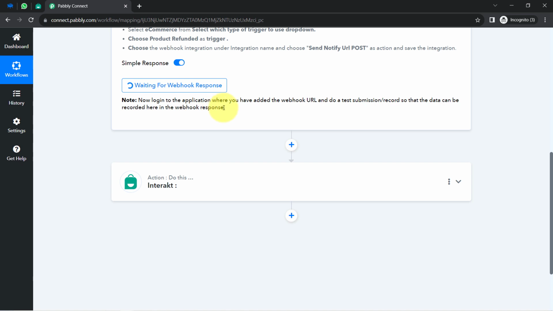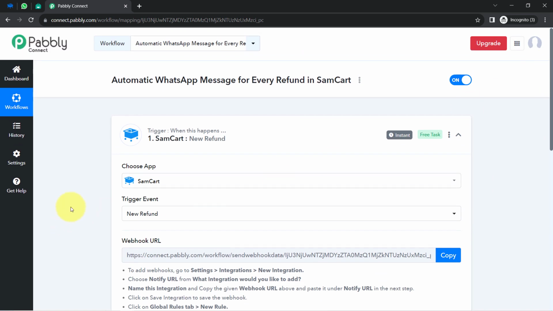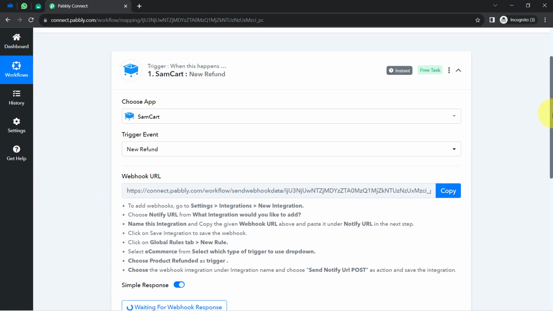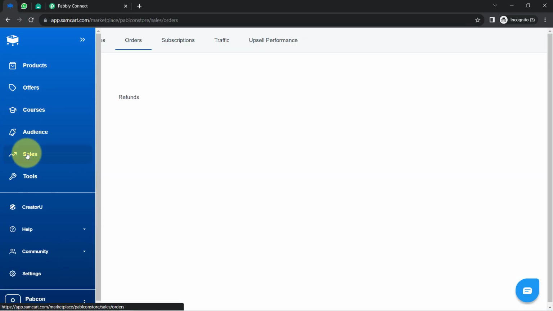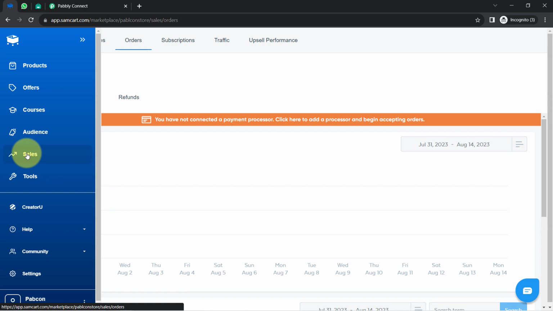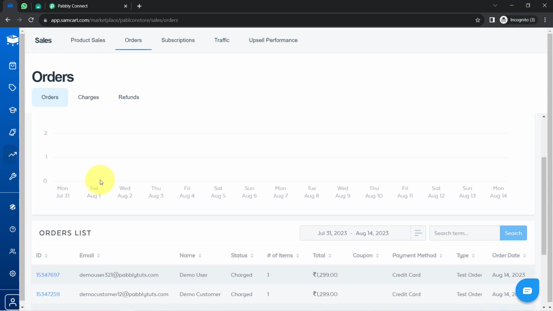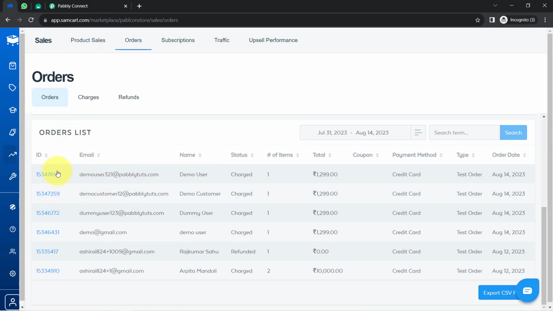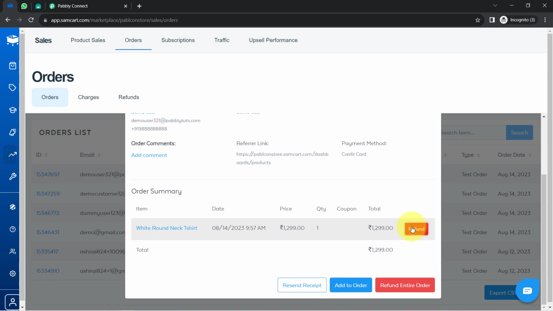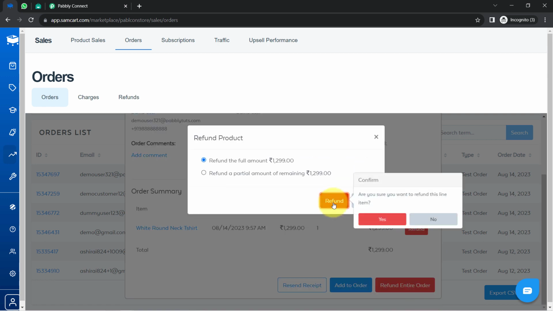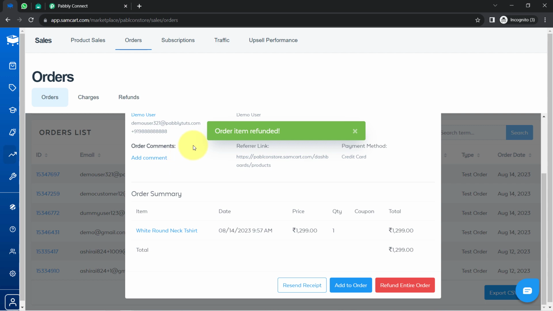Okay, so basically it is asking to do a test submission or record, and here the test submission means new refund is initiated in SamCart application. Okay, so yes, I am going to perform the same, and here this is my sales section and I am going to refund any amount from here. Okay, so here the order list is provided, so how about I refund this particular order. Okay, so the name of the person is demo user. Let me click on this refund button and finally click on this orange refund button,